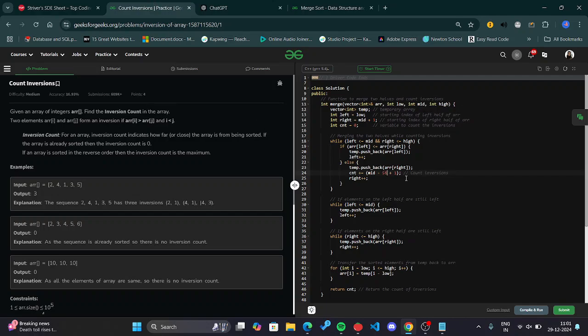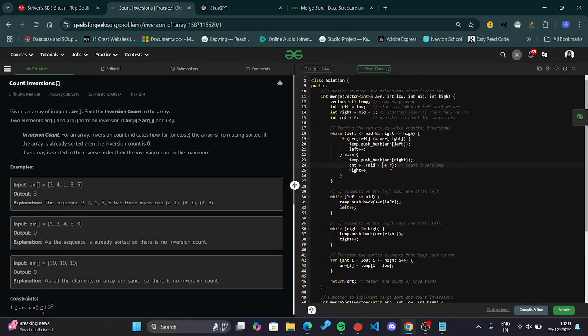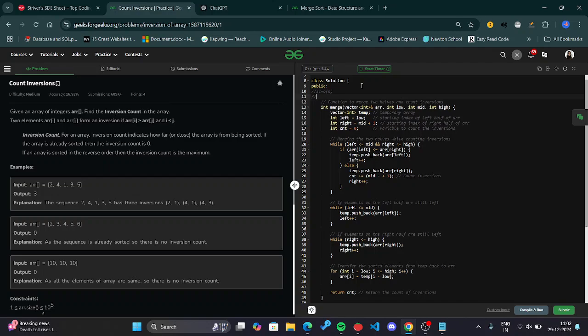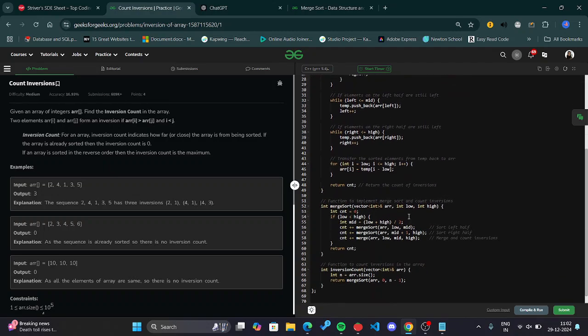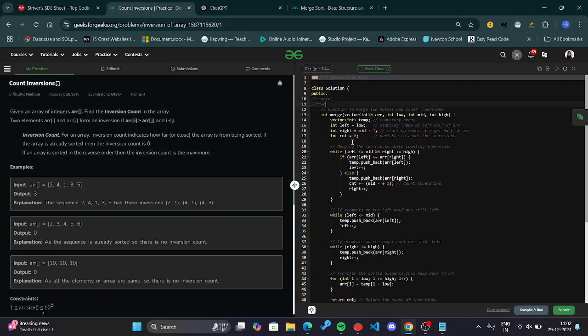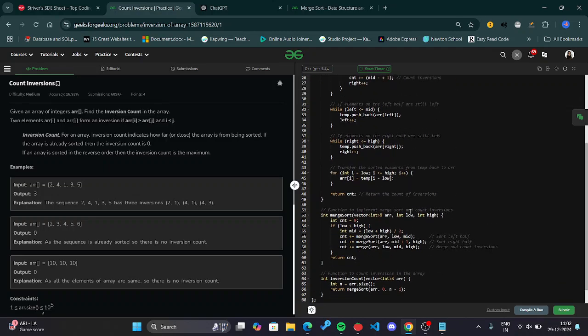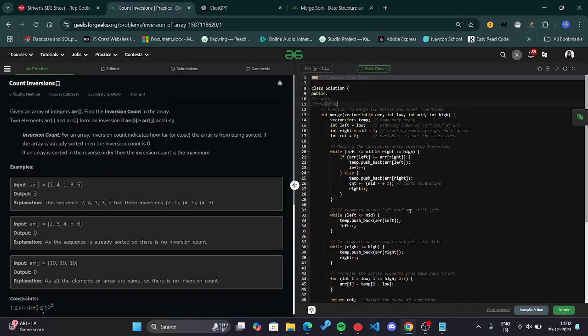So now let's check the time complexity. Let's discuss the space complexity first. We have taken a temporary array, therefore the space complexity will be big O of n, right? The time complexity will be big O of n for the merge sort while loop. And then this thing is happening again log n. If you have studied binary search, you will understand how this is happening. So big O of n log n is